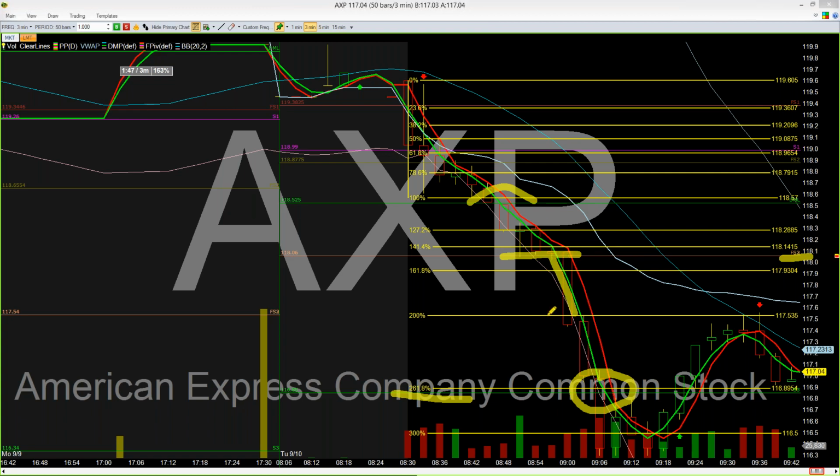As it continues down, it stalls out at the 200. You move your stop up to the next level. As it moves down, you move your stop up to the next level. And then as it comes down and hits this 300, you'd move your stop right through here. And then as it comes back up through the 3, you get taken out. That was a move of approximately $2